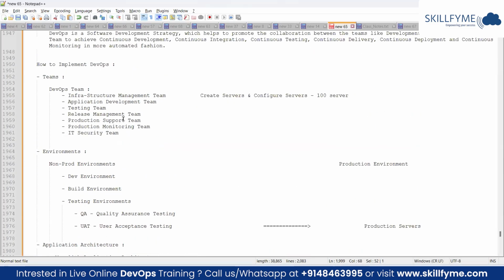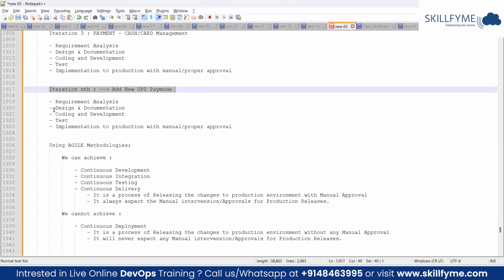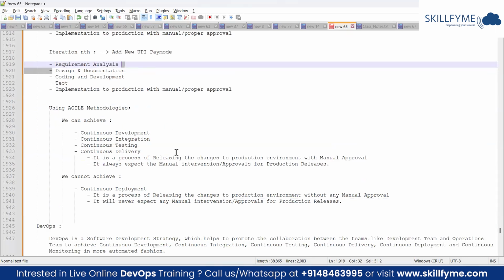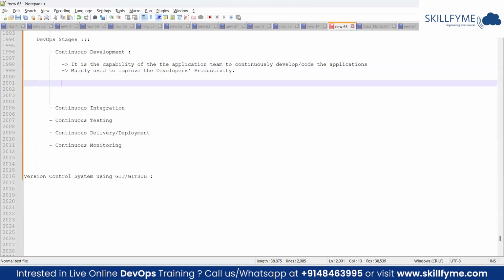Because in Agile also we have the continuous development approach. We take each and every iteration, we allow the developers to continuously develop the changes. That's possible there. But how much it is productive, that matters a lot. So what we are going to recommend to any development team as a DevOps strategy means, first we need to